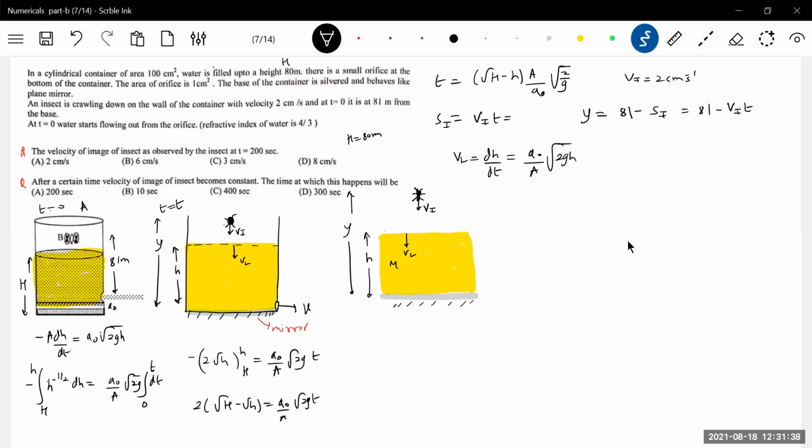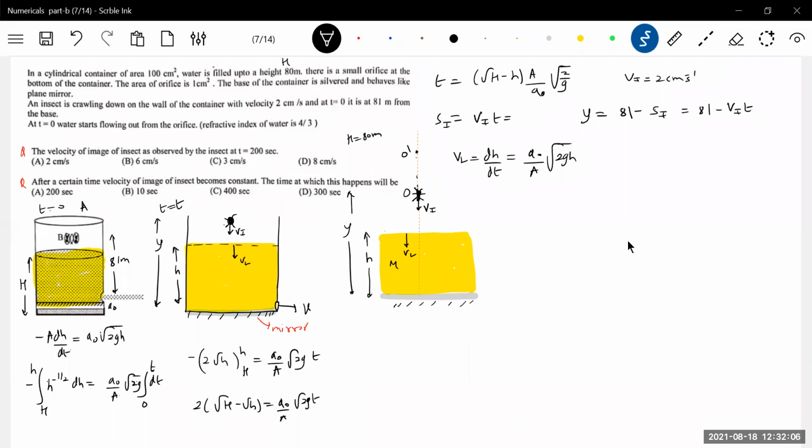This at t equal to 0. So first this mirror will see this insect somewhere here, no? So I'll call this as object O now. The insect as object O. Now it will appear at O dash. Just now previous problem what we discussed, that has to be applied here. So along this line, put it here. So where it will appear? It will appear at O dash. So what is that O dash?